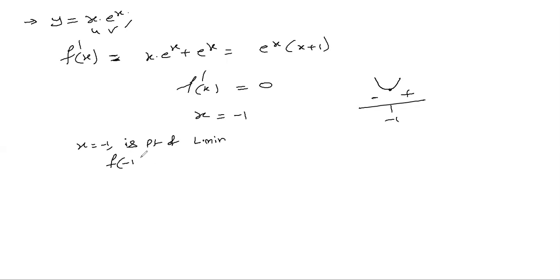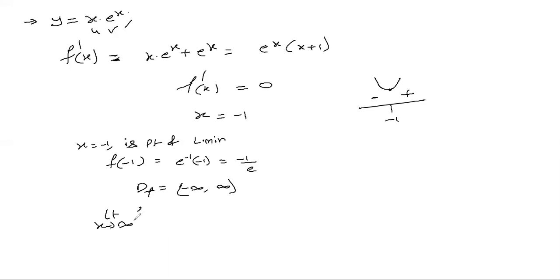f of negative 1, let us identify immediately. f of negative 1 will be what? E power negative 1 into negative 1, so negative 1 divided by e. That's it, f of negative 1 we have found. So what about the domain? Domain of the function will be negative infinity to infinity. So we need to identify the functional value at these inputs. Because these are undefined, what we have to do? Limit x tends to